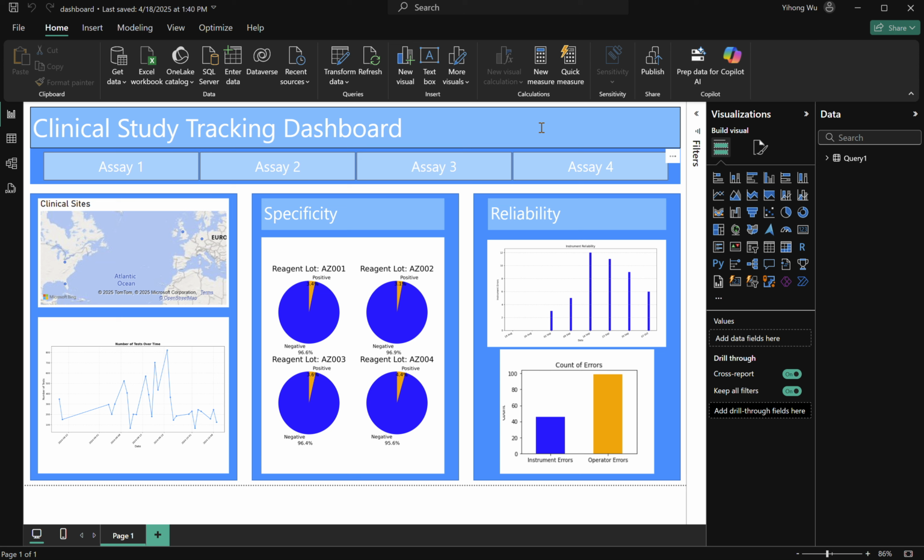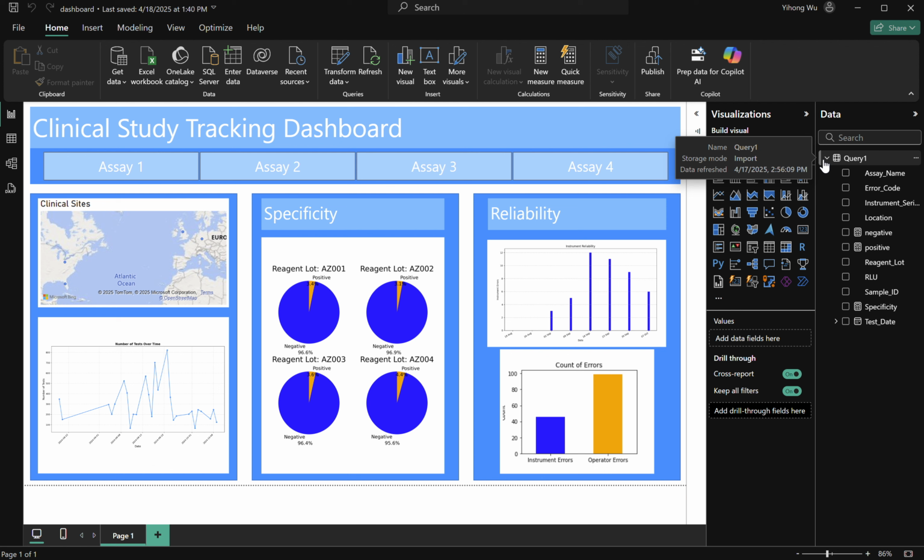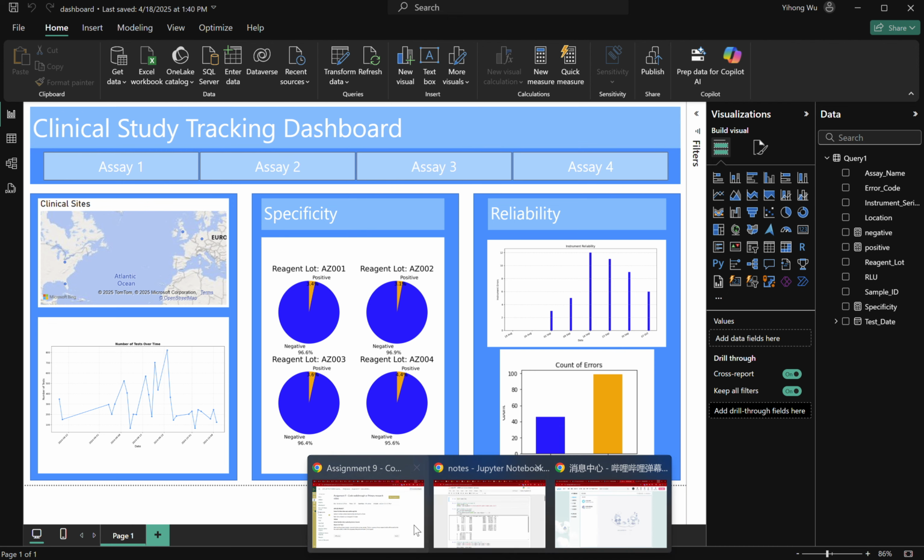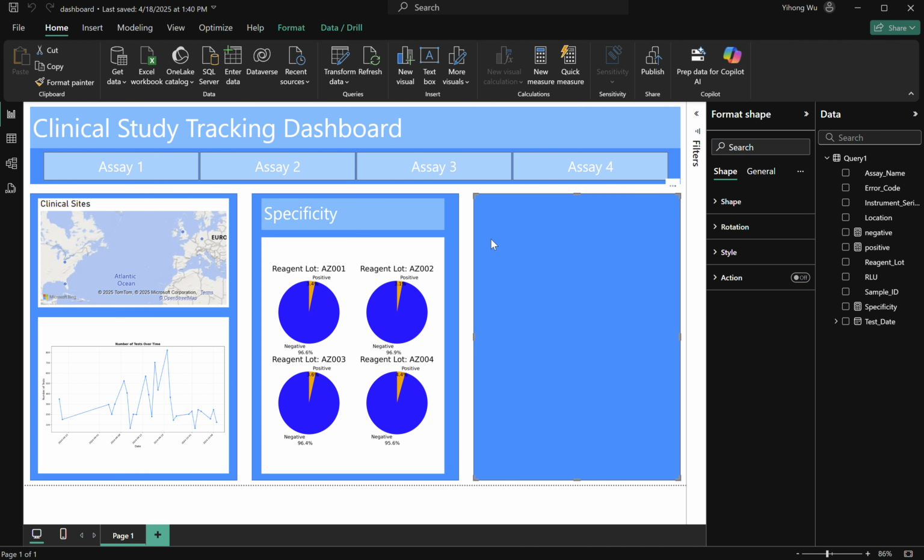Hello. Today, I'm going to go through the code I use when I create this clinical tracking dashboard. As I mentioned earlier, in the demo earlier in the class, I injected the data from SharePoint. So today I basically just focus on